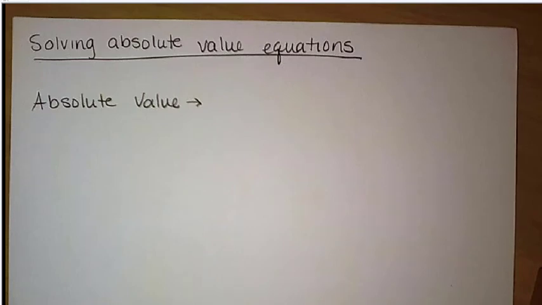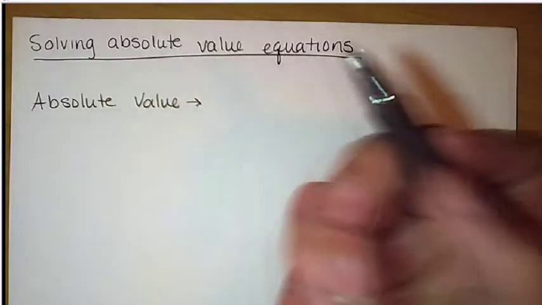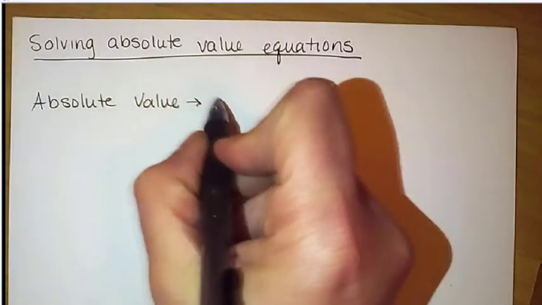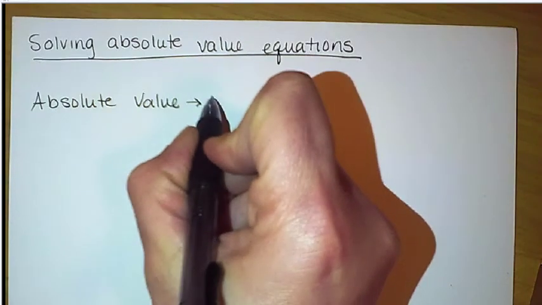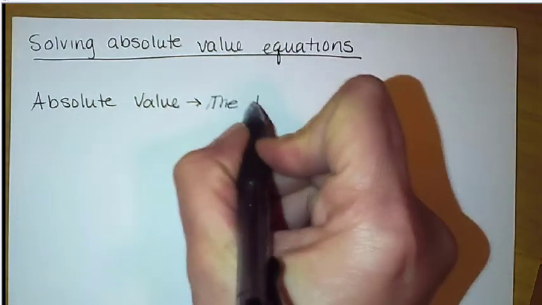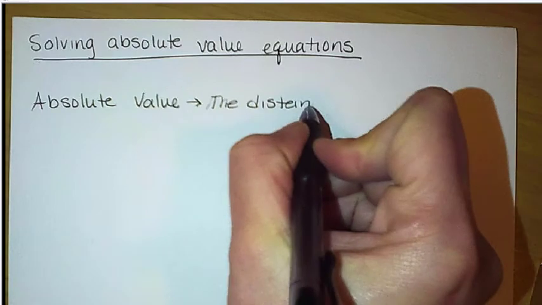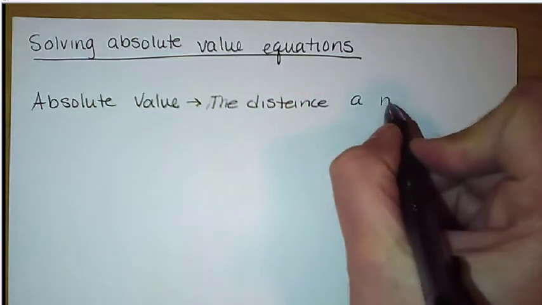So in this video we're going to talk about solving absolute value equations, but before we do some examples I want to just talk to you a little bit about what is an absolute value and what it looks like. So first of all, the true definition of an absolute value is the distance a number is